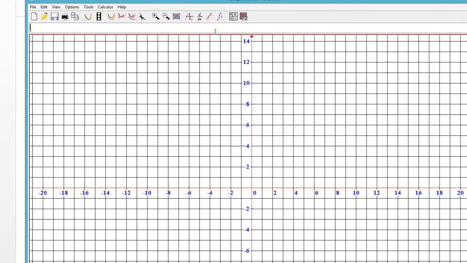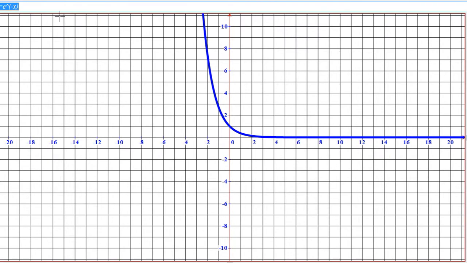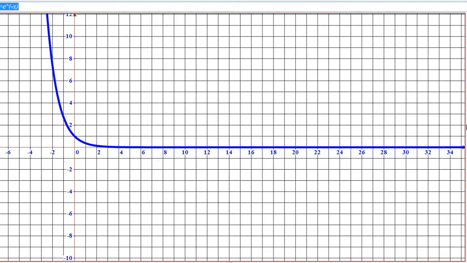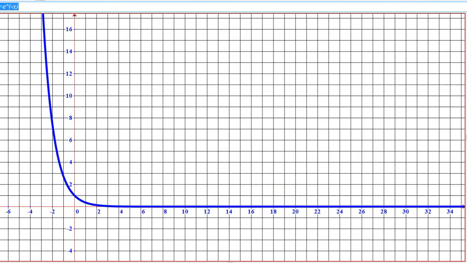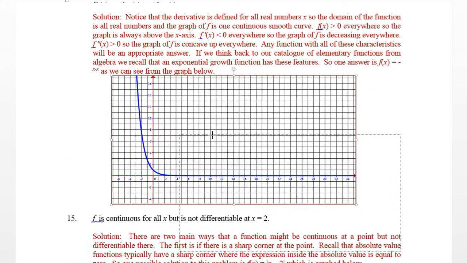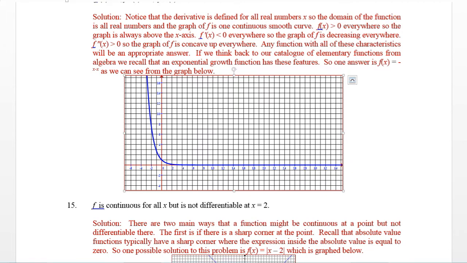So e to the minus x would work. Let's see, y equals e to the power, the opposite of x. Yeah, that looks pretty good. That looks like the kind of graph that we need. So let's just copy that graph, put that in our notes here. There we go. There's a pretty good